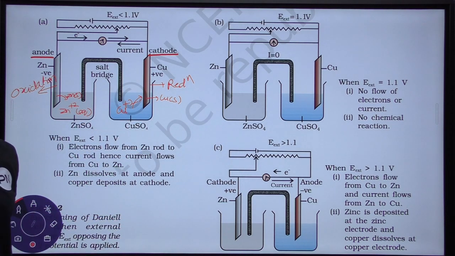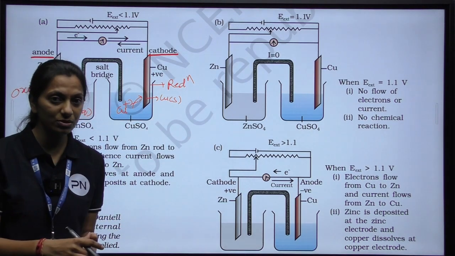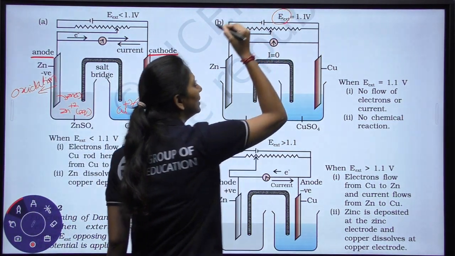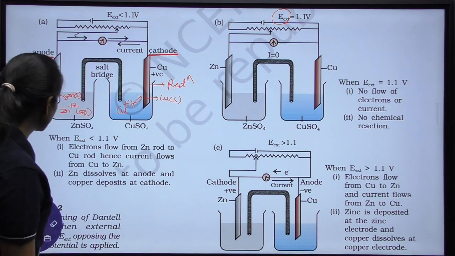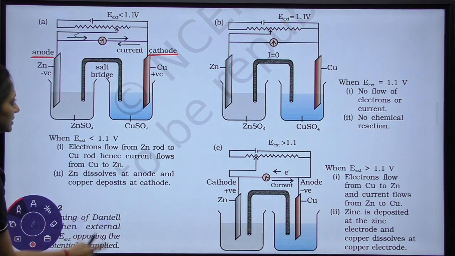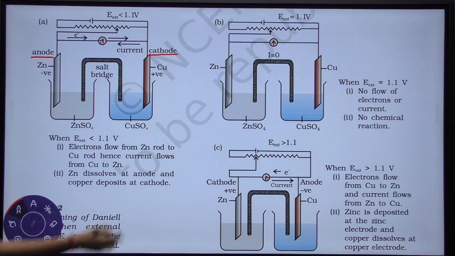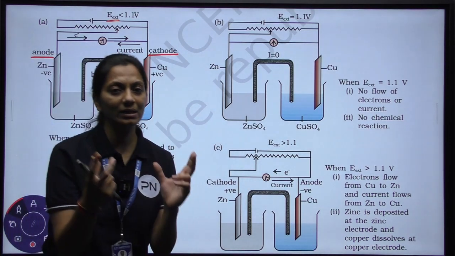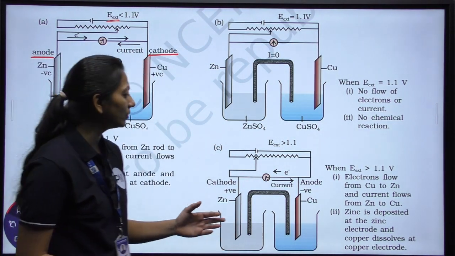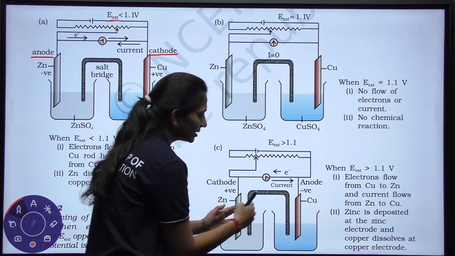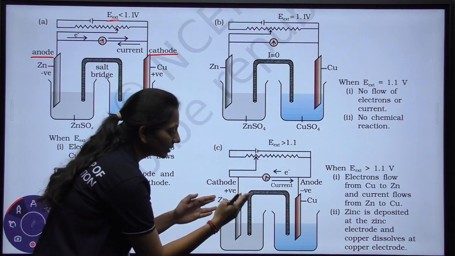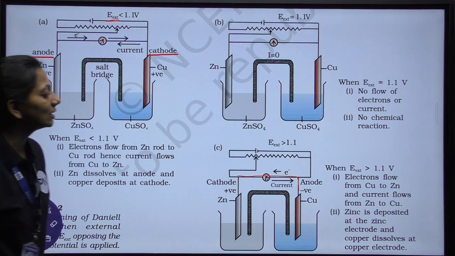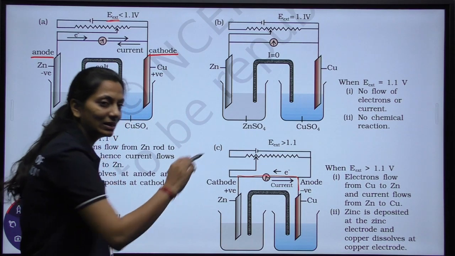Today we will continue with the three different cases in which we see how the Daniell cell is going to behave when we are going to apply an external battery also. See, in all these figures, you can easily see that an external battery is also joined in the entire apparatus of the Daniell cell. What we have studied yesterday is that only this much is the Daniell cell, in which anode is there, cathode is there, they have been dipped in the respective electrolytes, they are connected by the external wire like this, and that is the only basic construction of the Daniell cell.